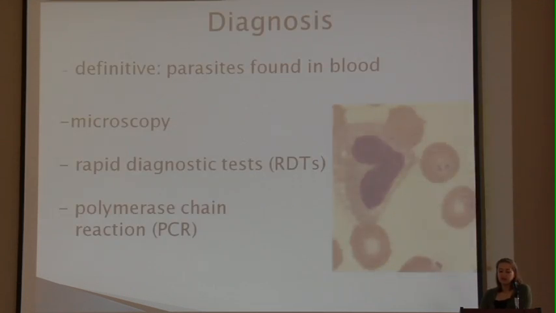Malaria should be suspected based upon a patient's travel history, symptoms, and exam findings. However, it's definitively diagnosed based upon finding the Plasmodium parasite in the blood. The most common way to do this is by viewing a blood smear using stain and a microscope. In this photo, you can see a large white blood cell on the left and then several red blood cells on the right, 2 of which are infected by the malaria parasite.